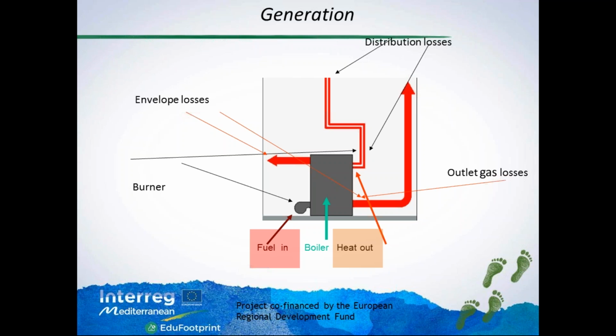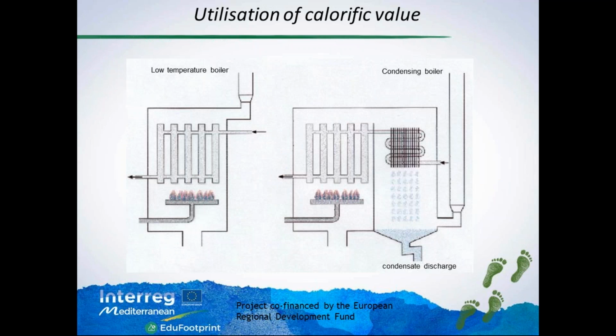As you know, the gas coming out needs first to be warm, because if it is too cold, it does not go out of the chamber. But when they are going out, they are bringing out a lot of energy that we do not want to lose. So in order to reduce the losses of the boiler, some years ago, more than 20, a condensing